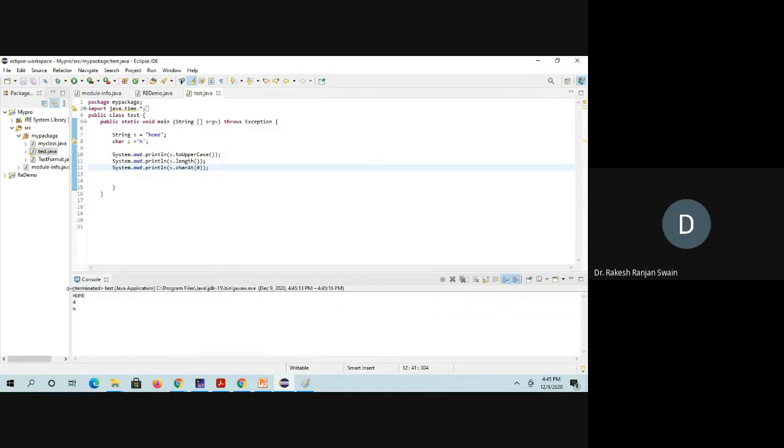First it is uppercase, then the length of the string, 4, then the character at position 0, here H. So for the string we can use it like this.